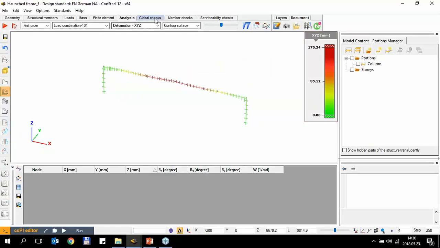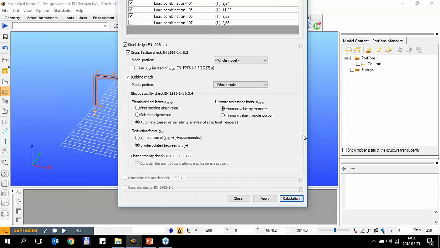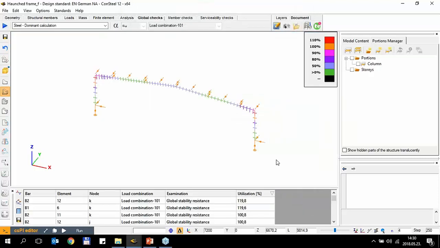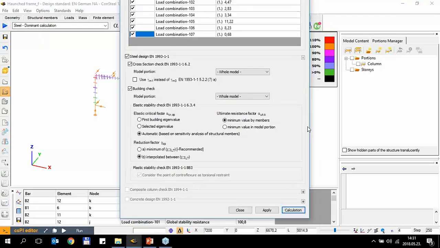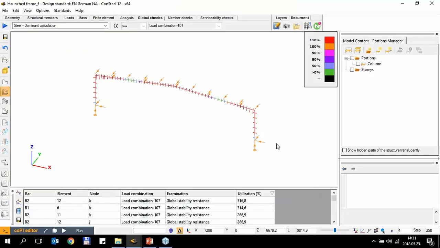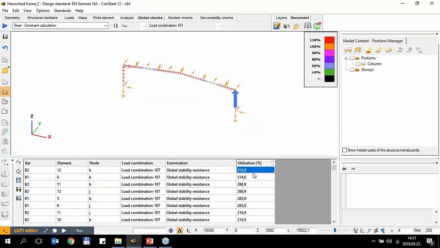Okay, and let's go further to the global checks, where we can see the utilizations, calculating not just the cross-section check and the buckling check according to the Eurocode in one step. Oh, sorry. And the last combination, which is the fire load combination, was neglected. If you run again, we can see the utilization is higher than 100%, and if you see the most utilized cross-section, which is in the frame corner,